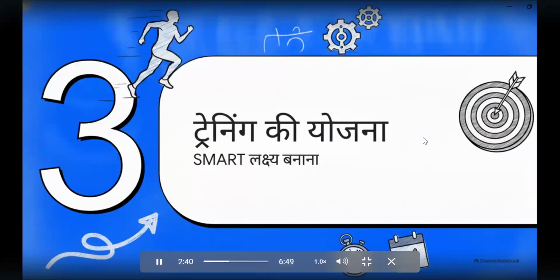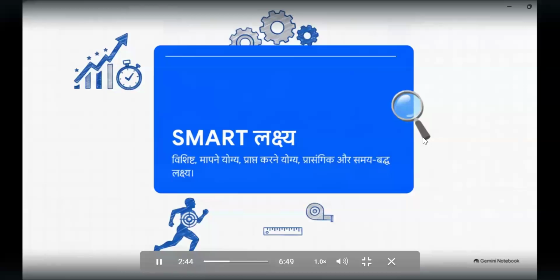बेसलाइन सेट होने के बाद हमारा तीसरा चरण है ट्रेनिंग की योजना बनाना। यहीं से असली कोचिंग स्ट्रैटेजी शुरू होती है। आप जो भी टारगेट सेट करें वो स्मार्ट होने चाहिए, यानी स्पेसिफिक, मेजरेबल, अचीवेबल, रेलेवेंट और टाइम बाउंड। आपके लक्ष्य एथलीट की क्षमता के हिसाब से होने चाहिए, ताकि 15 दिनों में जो भी प्रोग्रेस हो उसे हम सच में ट्रैक कर सकें।